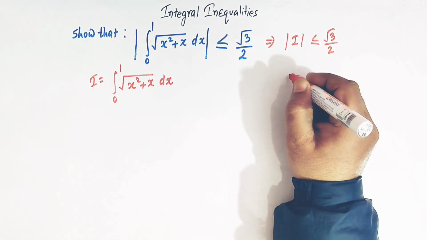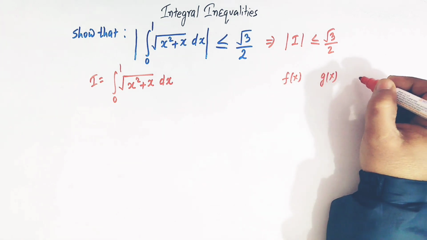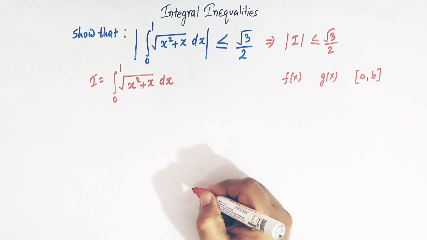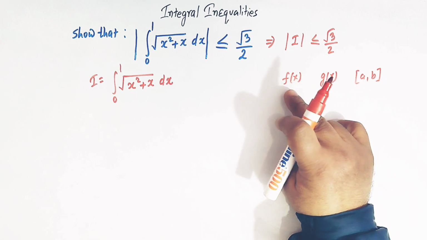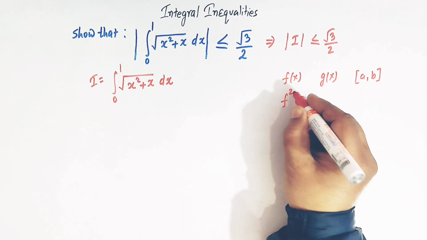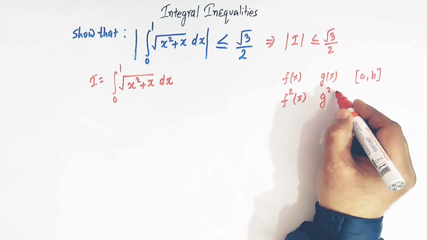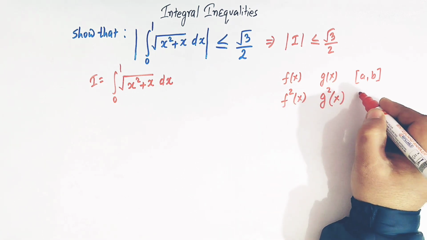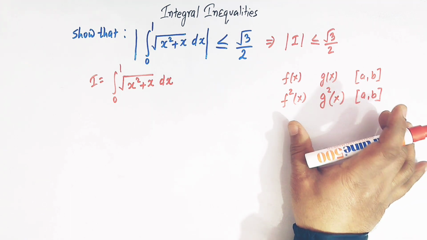See, if we have two functions, say f of x and g of x, which are integrable and continuous in the closed interval a comma b, and the square of f of x is also integrable, and similarly the square of g of x is also integrable in the interval a comma b, then we have a very nice result